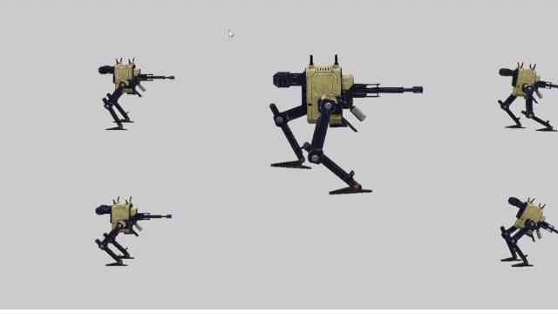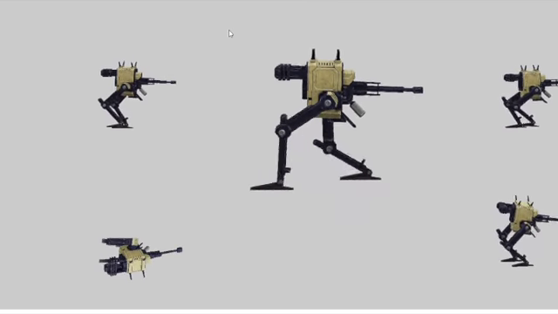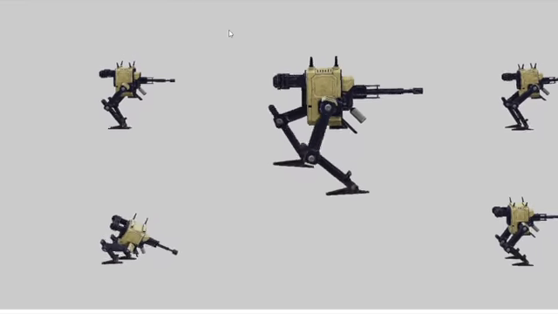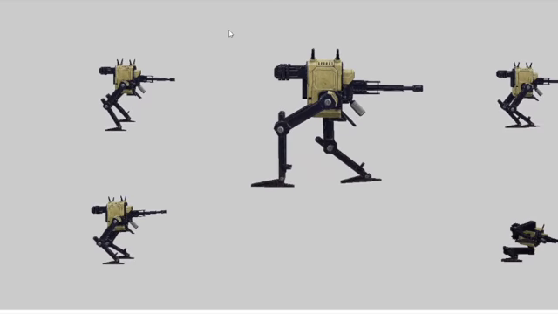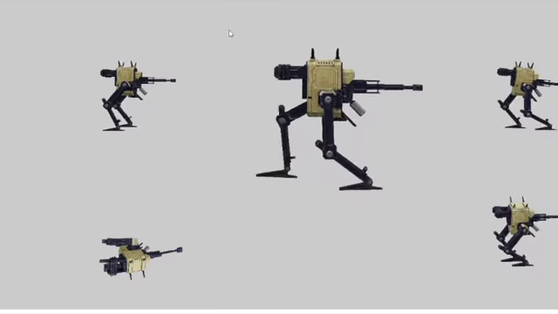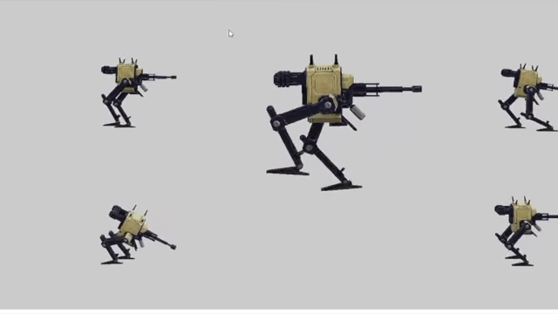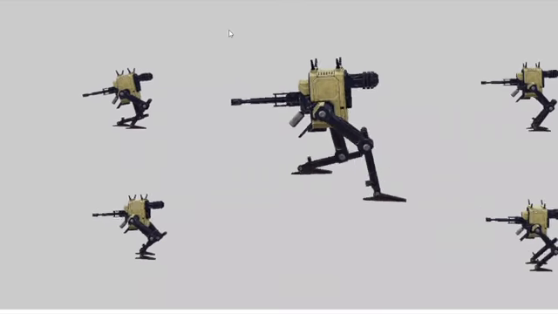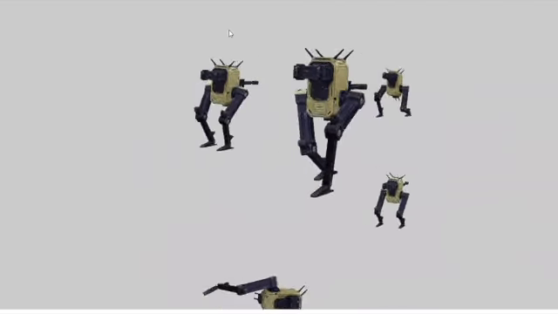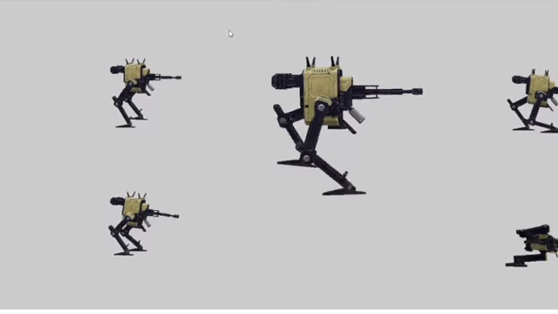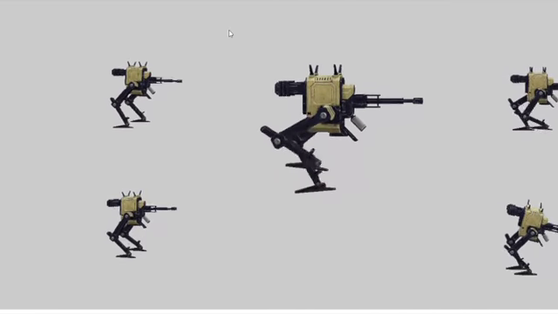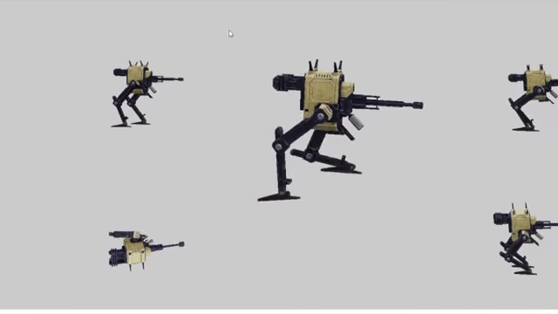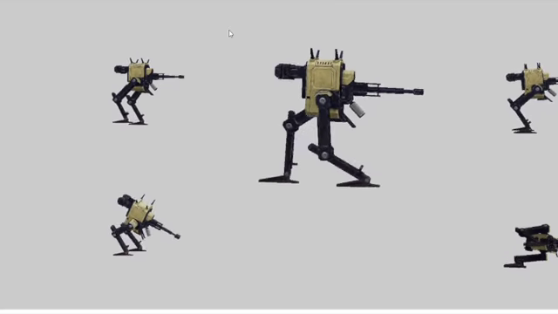So now we're going to actually see the animations. So in the middle we have the running. On the top left we have stagger left. On the top right we have hit back. On the bottom left we have fall left, and on the bottom right we have fall right, and then you can see the center guy